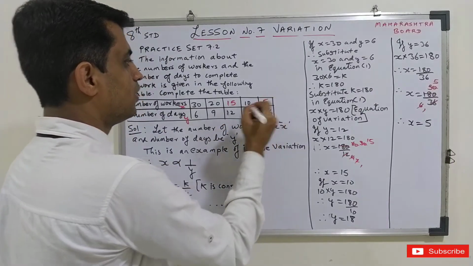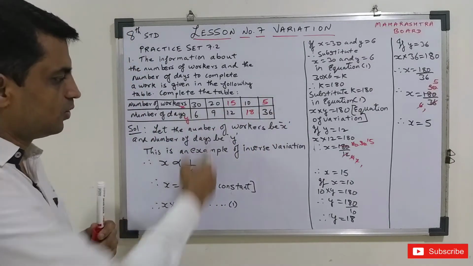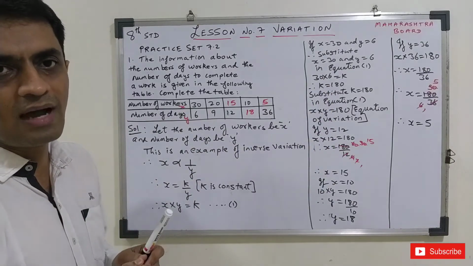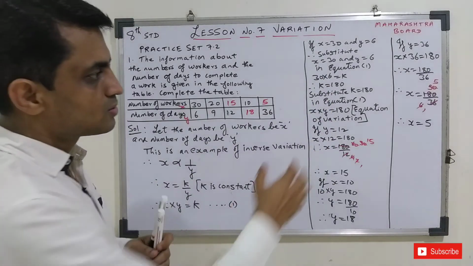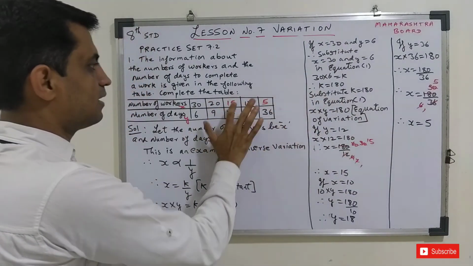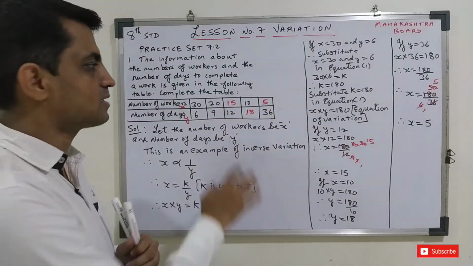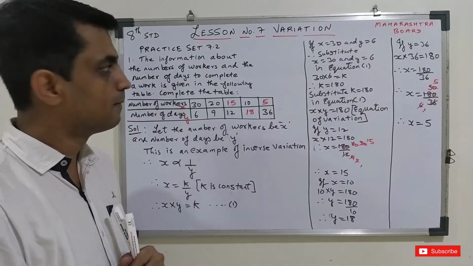So after drawing a table, you have to solve this way. You can't get the answer directly. So whenever you get the answer, go on writing it here. But you write it in a box; I have written it in red pen.